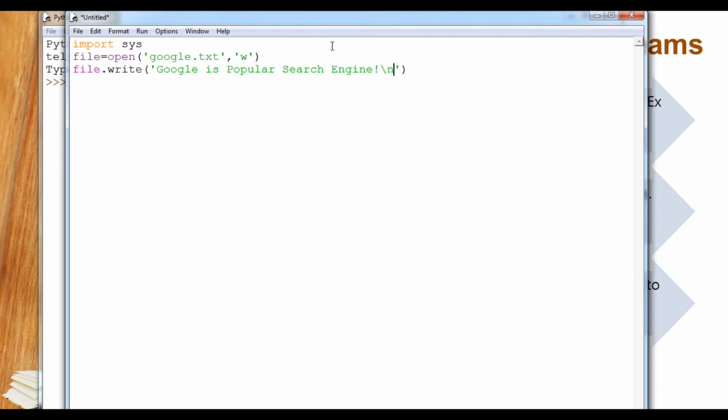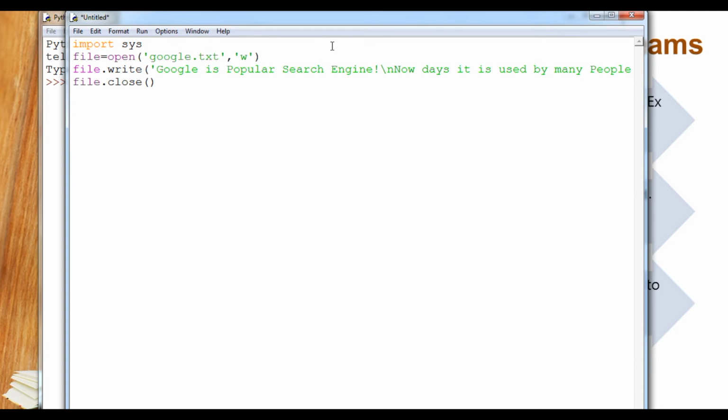What I will type here: nowadays it is used by many people. Okay, so now file.close. So it is a simple file. This will write the content in google.txt.